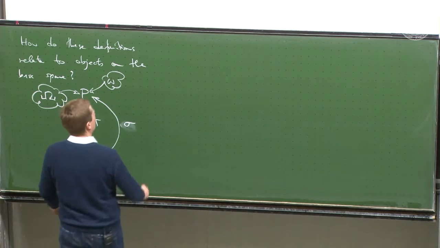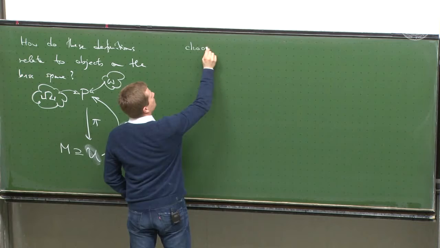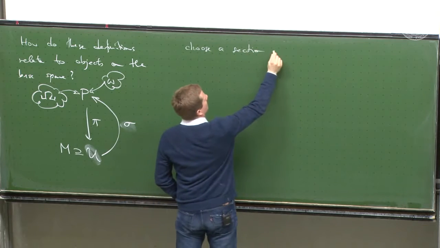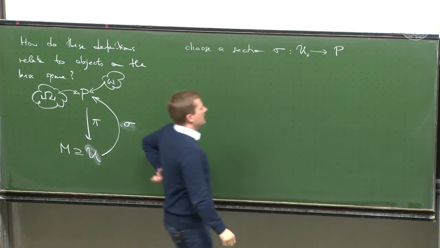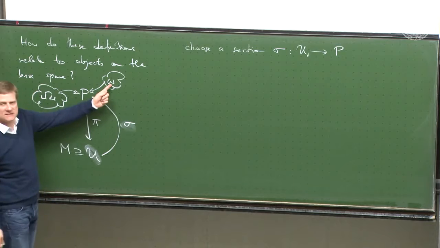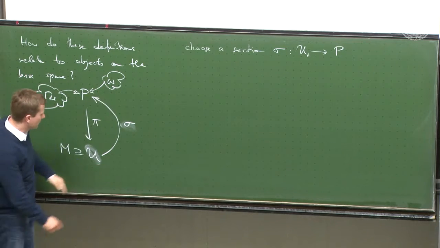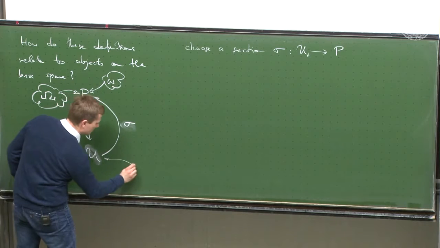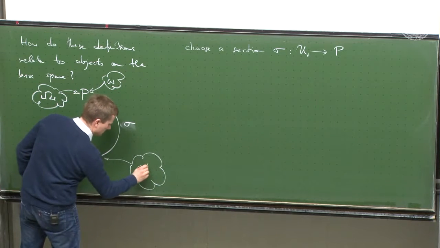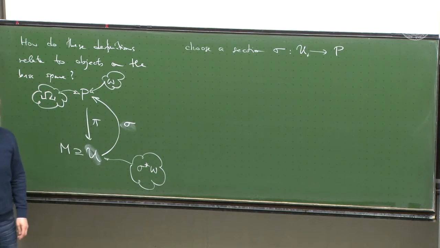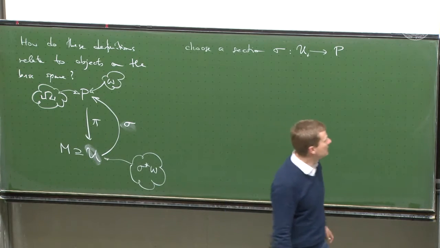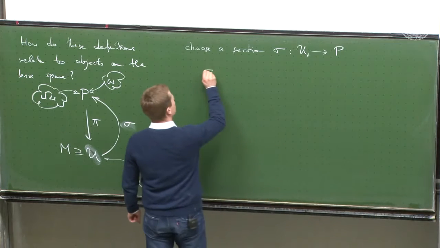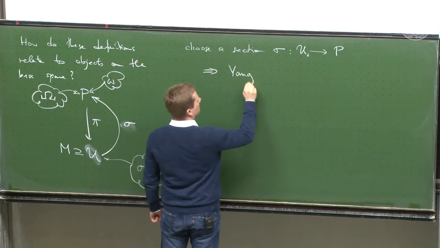So we need to choose a section, sigma. And then, of course, you remember what is the pullback of the connection 1-form under this section. How did we call that guy? The pullback of the connection 1-form, locally, is the... Pardon me? It's the Yang-Mills field, exactly. And that induces a Yang-Mills field